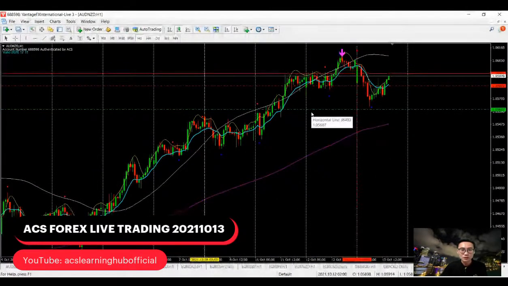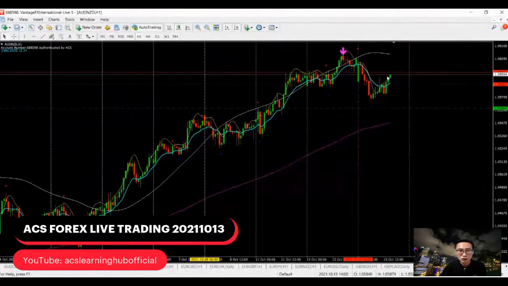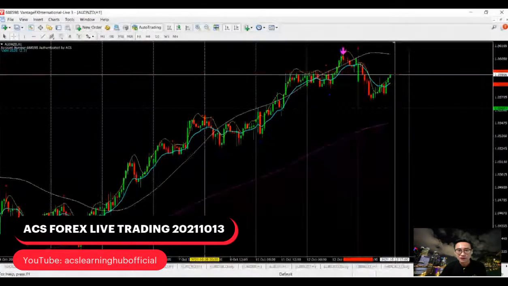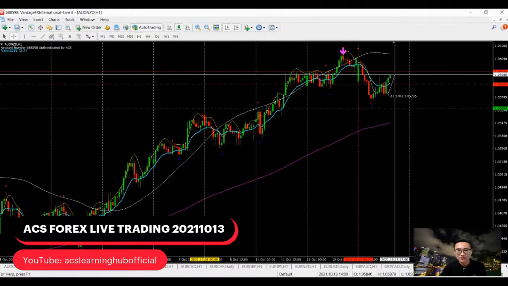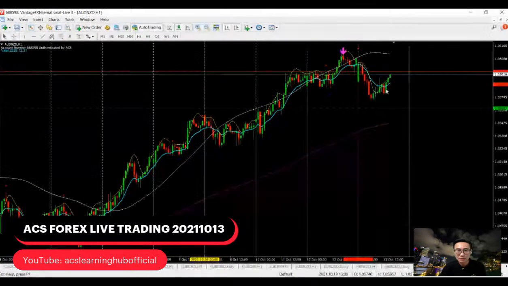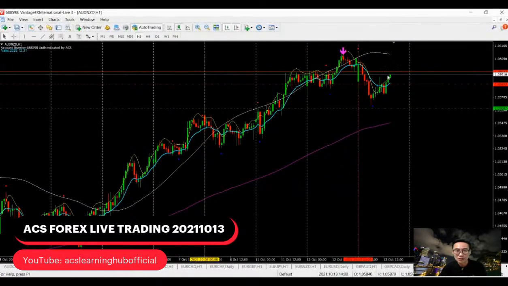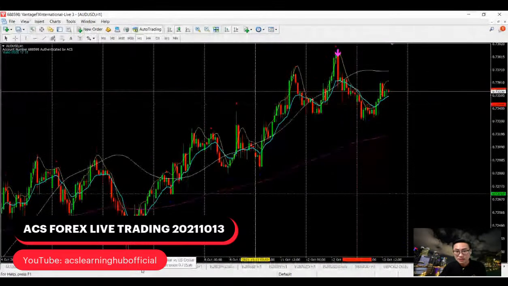As you can see, Aussie Kiwi right now is also moving very slow. For the past 3 hours, it was moving 17 pips up and down, up and down, up and down. It's still in this area. So looking at this, I think it is not that advantageous for us right now, because for the past 3 hours the market has already closed. So you see, this is one thing that we are going to look at.